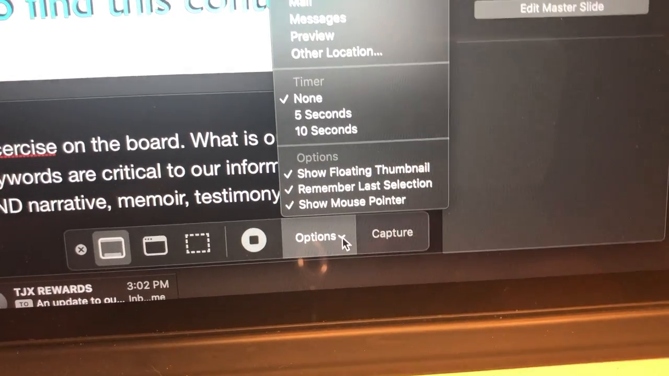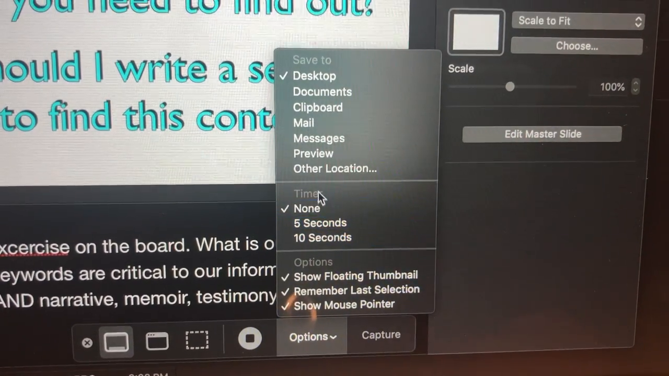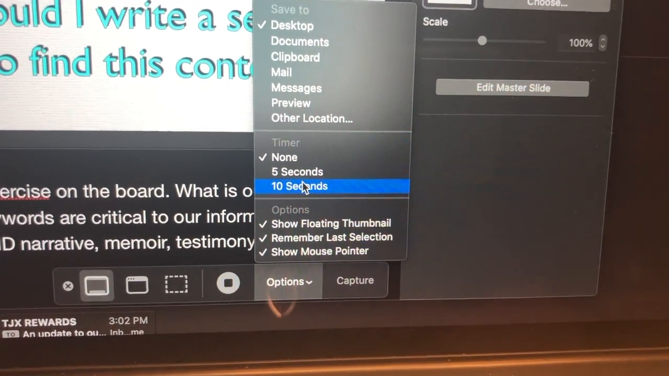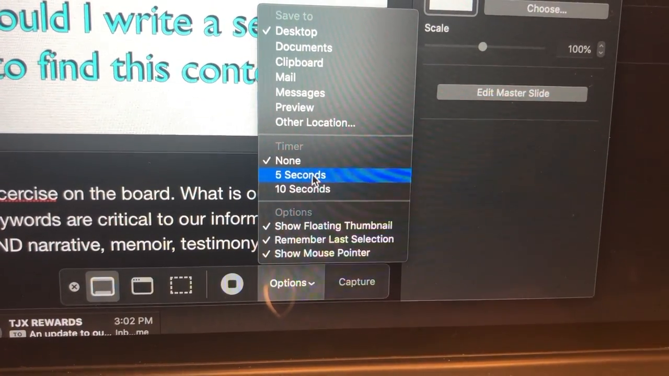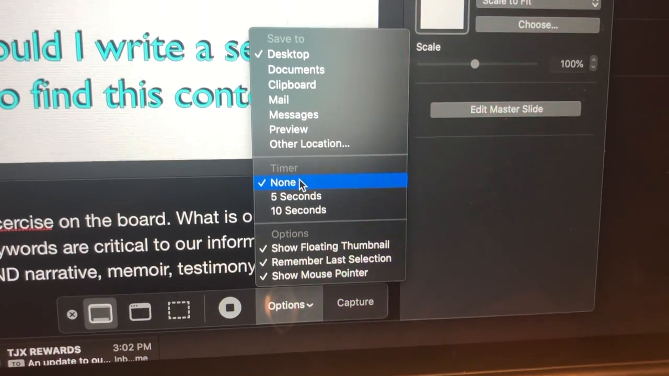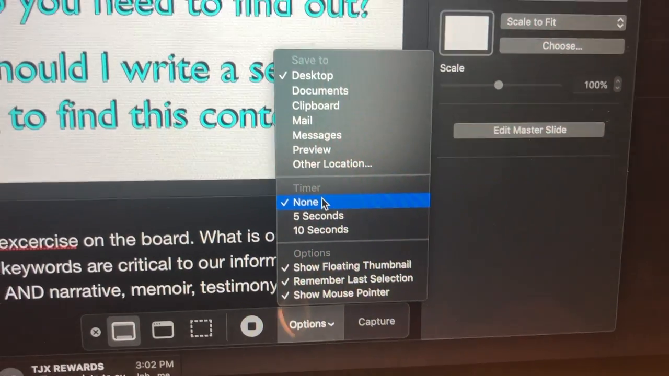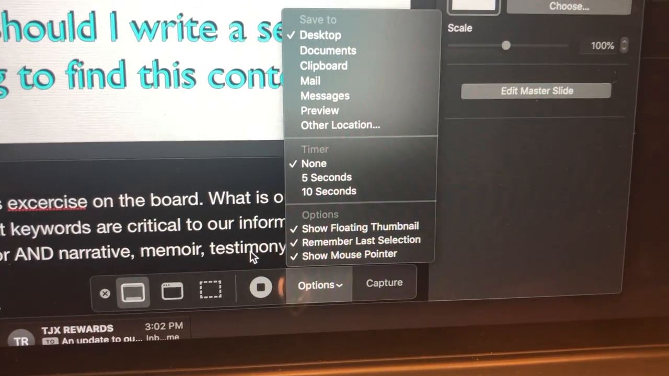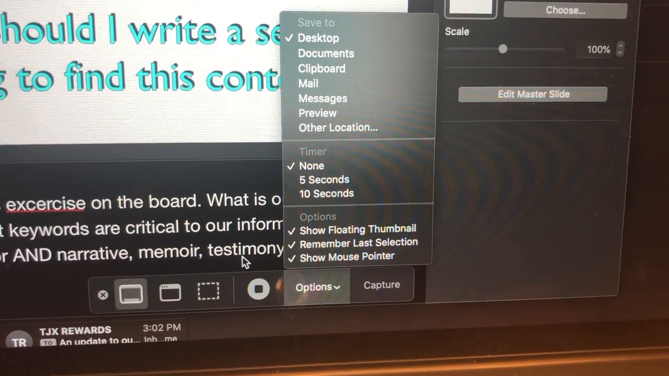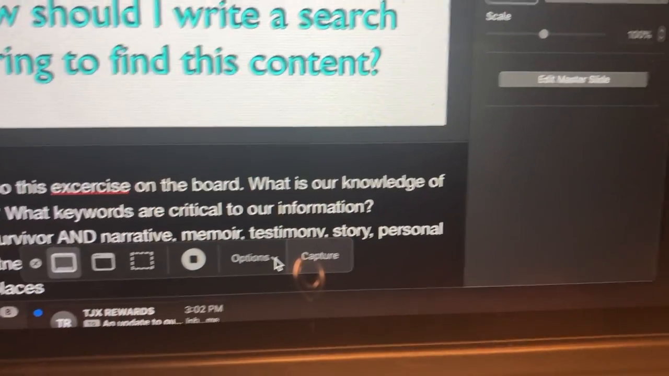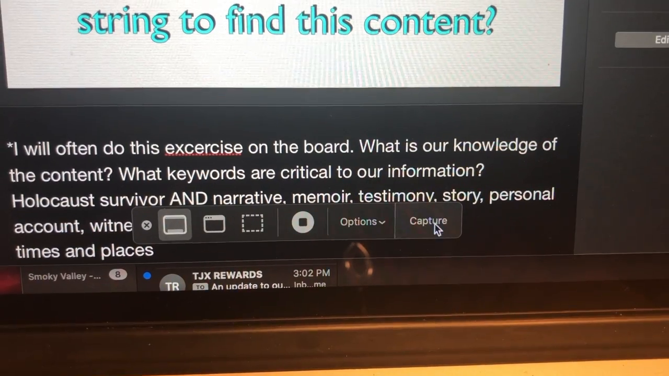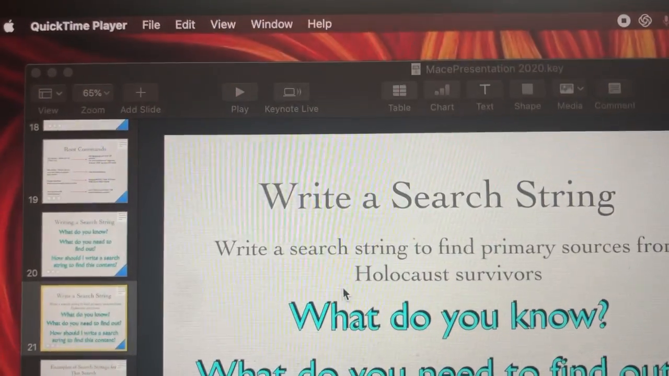I can also check where that content's going to go, but I want to make sure that I don't have a timer turned on so it doesn't automatically turn off, and that I have my audio options ready to go, because you want to make sure your audio is up and cooking. So when you are ready to record and capture your content, you just hit capture or record,